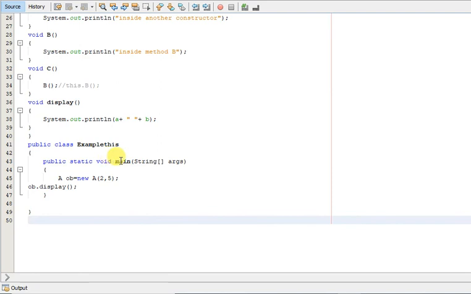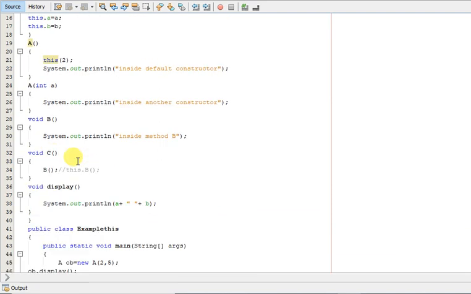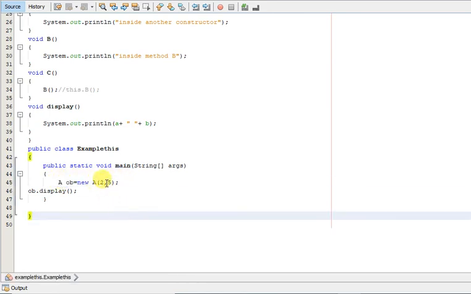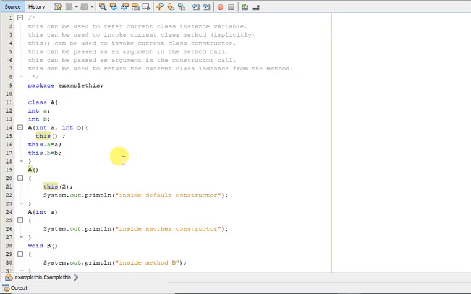Let us test the output. In the main method, we have created this object. So first this constructor will be called, then it will call this constructor, and this constructor will call this constructor.